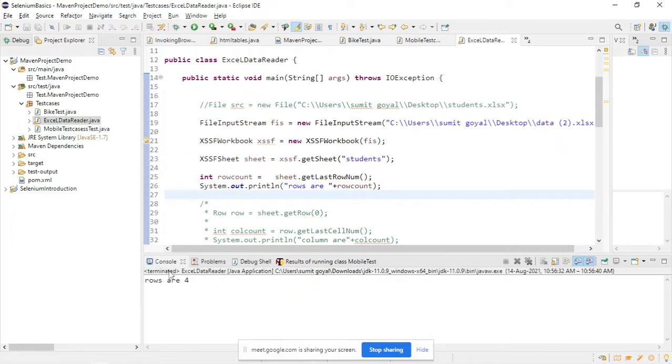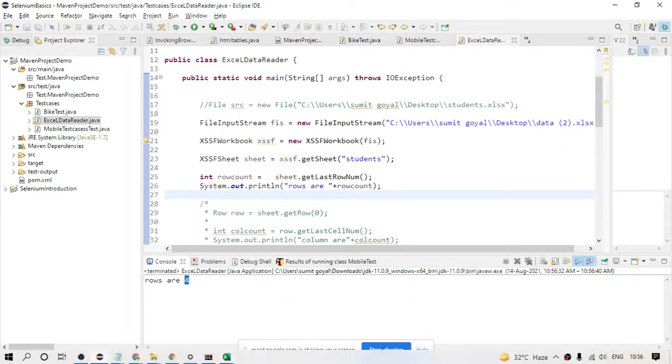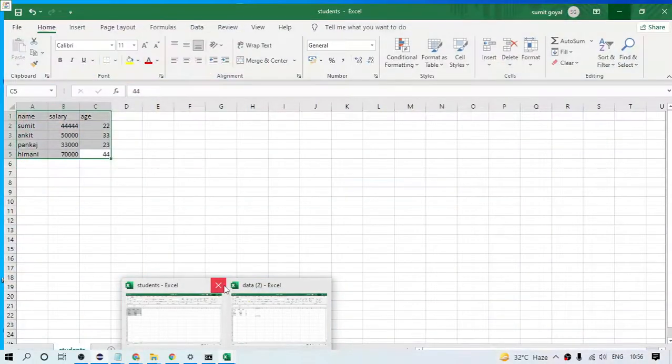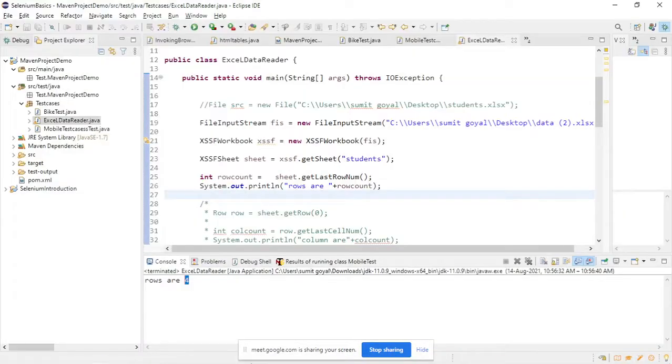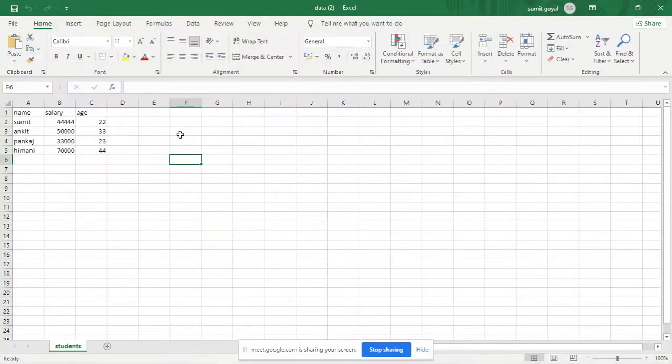Okay, so it is saying total number of rows are 4. Let us check how many rows are here. Let me close this. So this is our actual file which we want. If we see, 1, 2, 3, 4, 5. So the reason why you are getting 4 as the row count is because it is counting 0, 1, 2, 3, 4, right? If I add one more row,